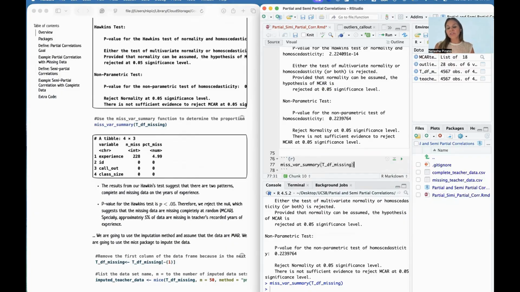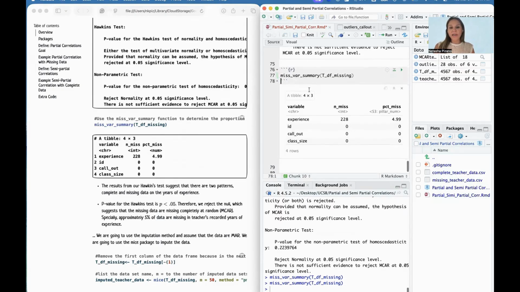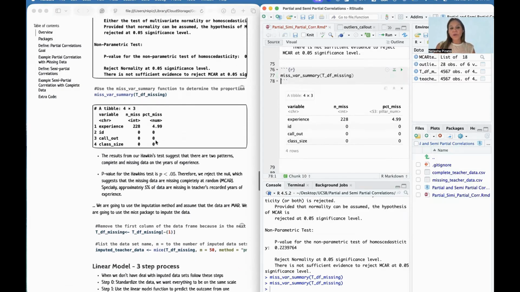And then it's going to automatically generate. So I'm just going to complete it by hitting return. And then I'm going to do command return to run that line of code. And so what this function does is that it'll give me the number of cases with missingness, which we also get with a Hawkins test. But I also really like to know the proportion, and I would report both of these values in any given